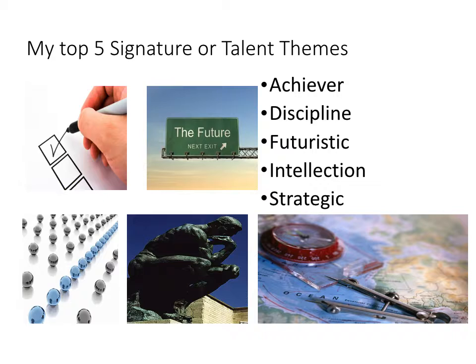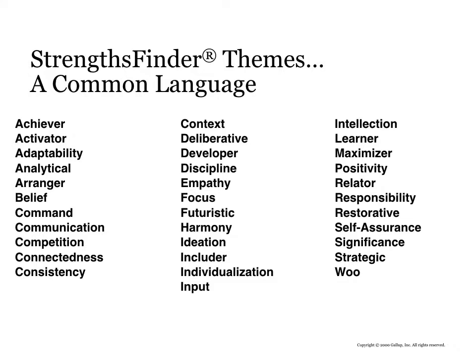You should know that we have more than just these top 5 talent themes. We actually have all 34 themes, but we don't operate at the highest level in all 34. For example, I may have the Whoo talent theme, which is the last one on this page, which means winning others over. That means you love to be in a crowd and get to know other people and can make friends with anybody. I may have that, and I can operate using Whoo, but it drains me.